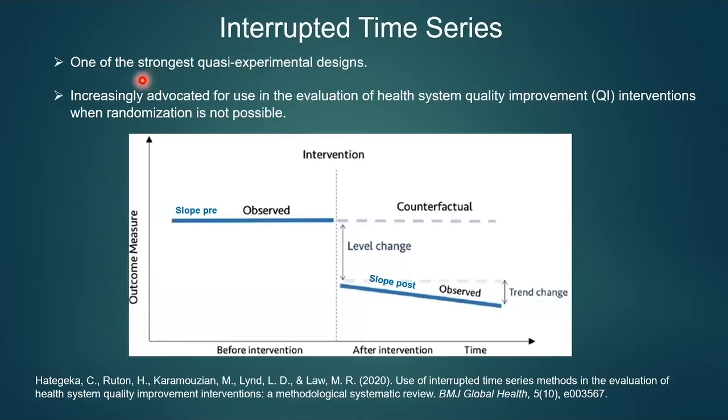So here's a schematic for the interrupted time series design. So what we have is before the intervention, we have the outcome measure. And so often, if nothing else is happening, we might expect there to be no change at all. Then we have the counterfactual that we assume after the intervention, we would have expected that this would just trot along as it had before. And then the intervention rolls in and we might see a jump, like a decline in the outcomes, say in mortality rates or cervical cancer rates.